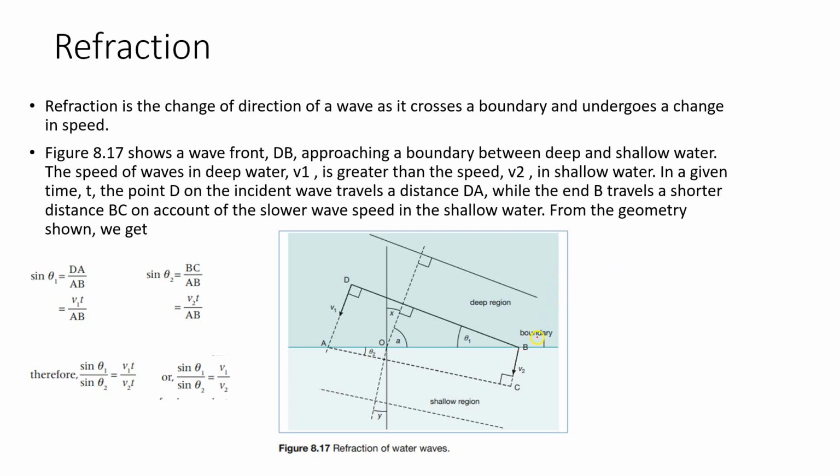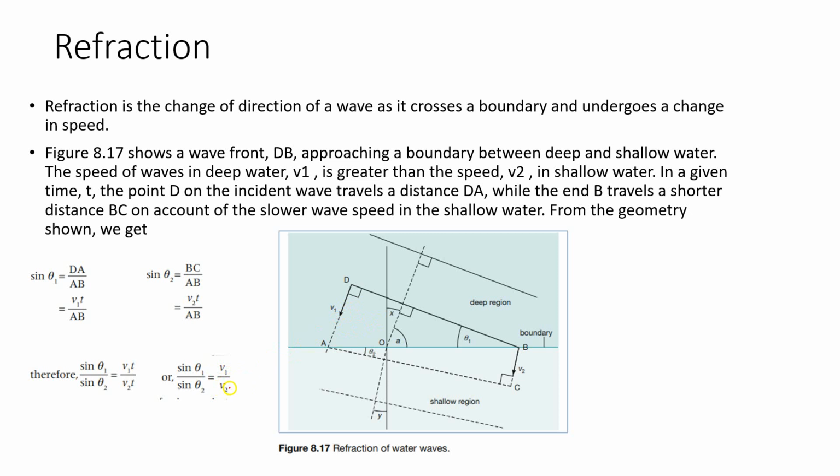So using geometry, we could come to the understanding that sine theta 1, which is the angle of incidence, divided by sine theta 2, which is the angle of refraction, is equal to v1, which is the speed of the wave in the deep region,